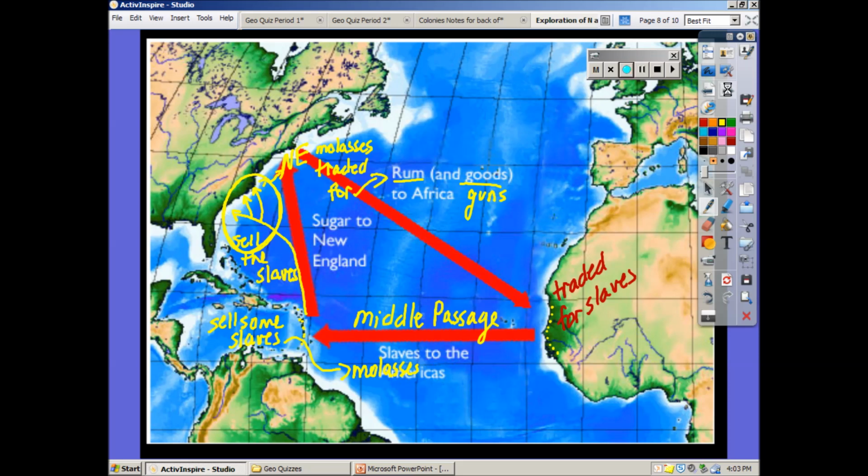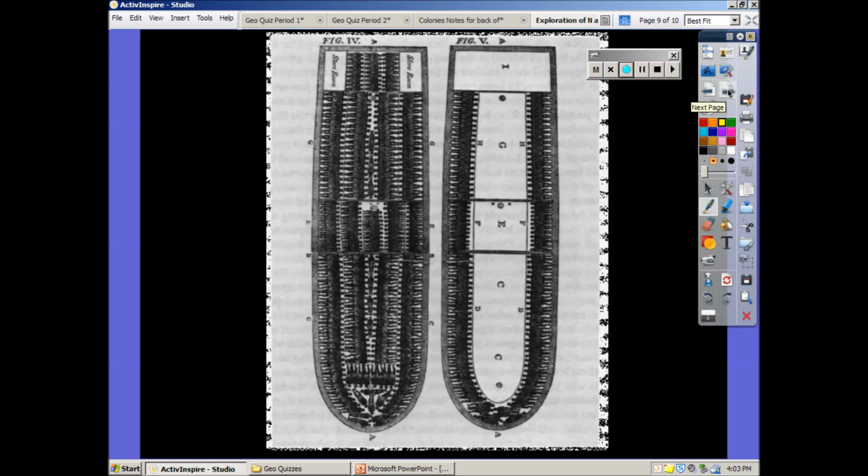This last picture that you see here is actually of a diagram that was used by captains for these slave trading trips. And you can see here the captains very meticulously tried to figure out how can we pack as many people as possible into these ships, knowing that they're going to lose between 5 and 10% in the process, and they want to make sure that it is as packed as possible and that they get as many across the ocean as possible. In the process of doing this, of course, we're going to lose hundreds of thousands of people who are going to die to the conditions in the boat.